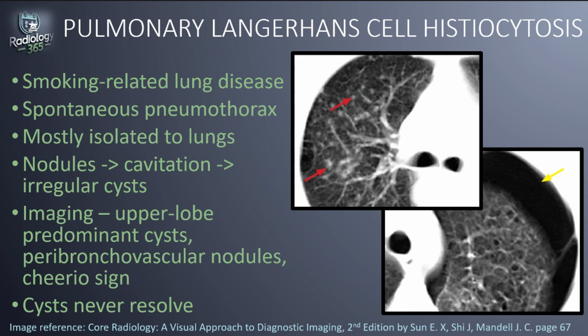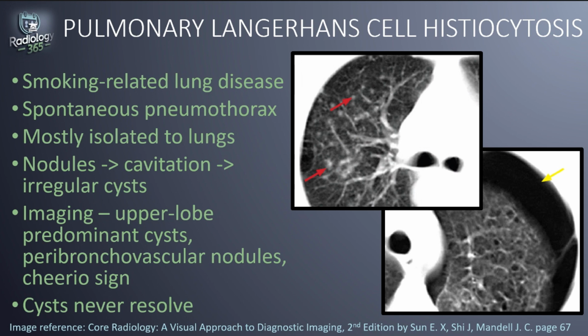The first detectable abnormality in the lung for pulmonary Langerhans cell histiocytosis is nodules, and these nodules are seen to be associated with the airways. As the disease progresses, the nodules cavitate and resultant irregular cysts predominate. The natural progression is from nodules to cavitary nodules and then to irregular cysts. At any point in time, a patient may have nodules only, or nodules plus cysts, or cysts only, or any